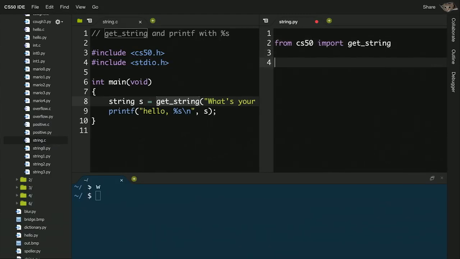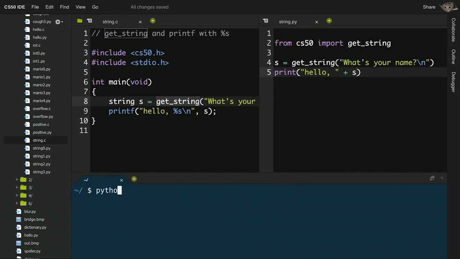So I'm going to go ahead and do it the more explicit way for now, so that I can then do s gets getString, what's your name, question mark. And I will put a \n here, because getString is not print. It doesn't presumptuously give you a new line. And then I'm going to go ahead and print out the user's name, hello, comma, plus s. I'm going to save my file, go down to my terminal window, and run python string.py. I'm going to go ahead then, and when prompted, type my name, David,